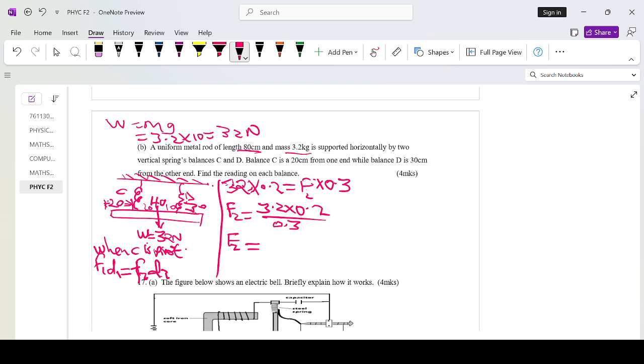What is that perpendicular distance from the point of support, learners? What is the perpendicular distance? That is 20. That should be 20, like that. Then should be equal to F2. What is our F2? Our F2 is